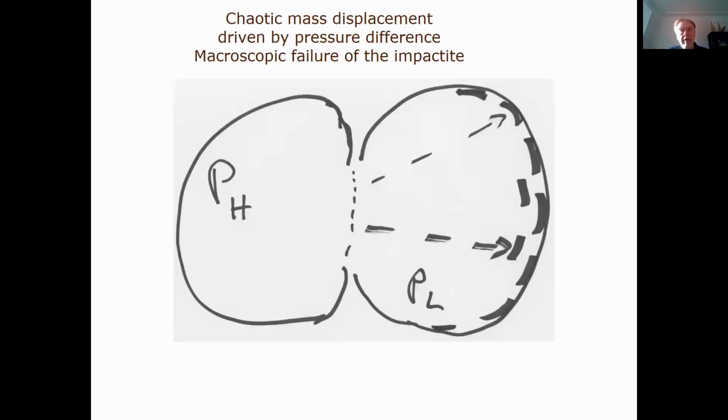And we can make a simple sketch of that. In this case, we just have two different vesicles, one with high pressure, one with low pressure, and then we have a very thin layer of material that breaks down as an effect of the pressure difference, and we displace the material on the opposing side. So we understand locally what this did.